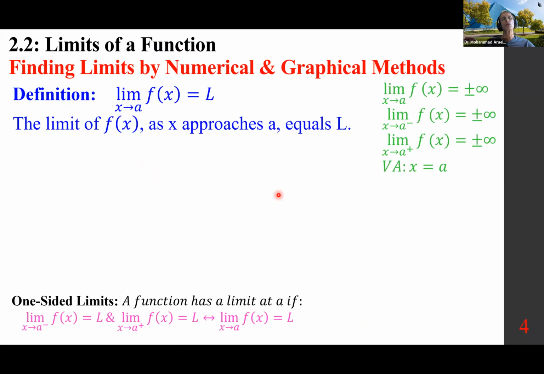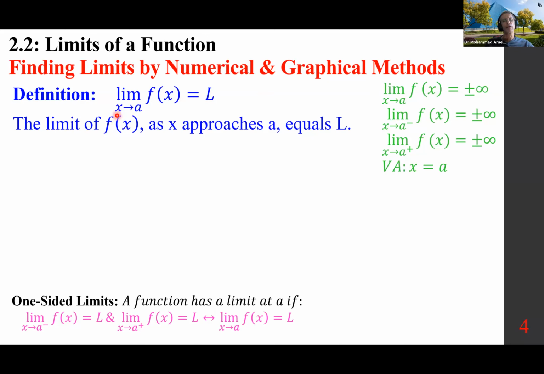So let's get started with the concept of a limit, and let me give you a summary of a few things. We want to find limits by various methodologies: a numerical method, a graphical method. We also will look at an algebraic or analytical method. For now,